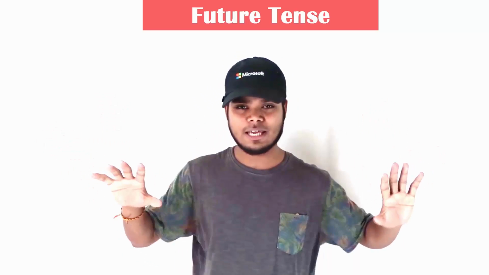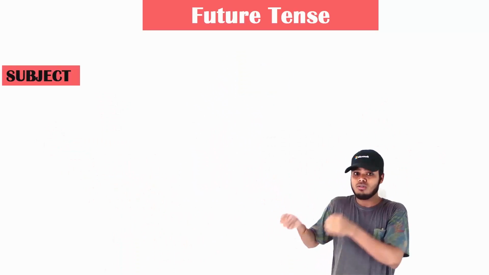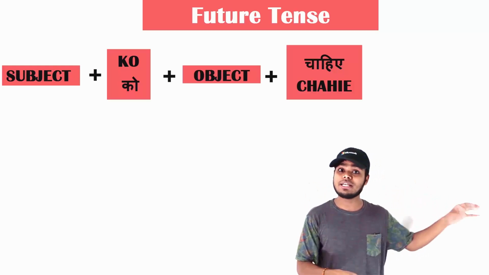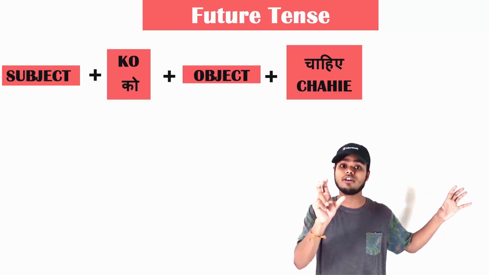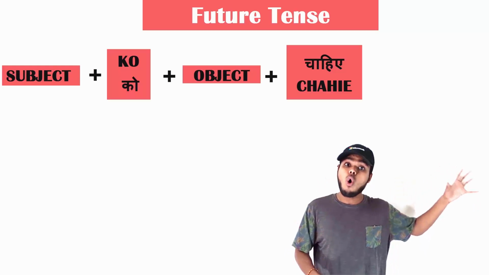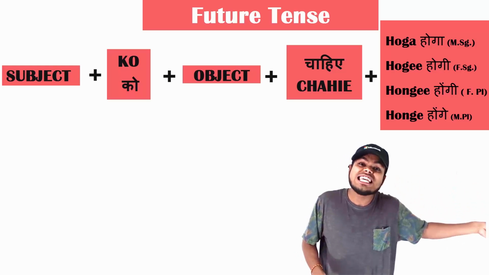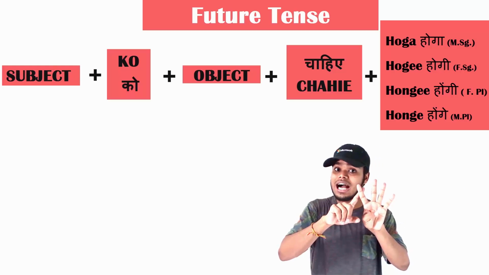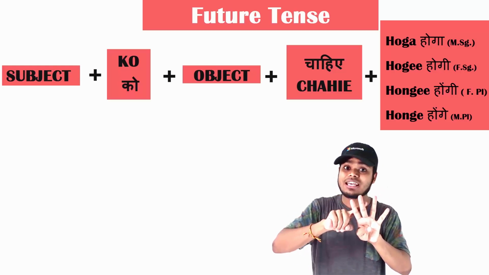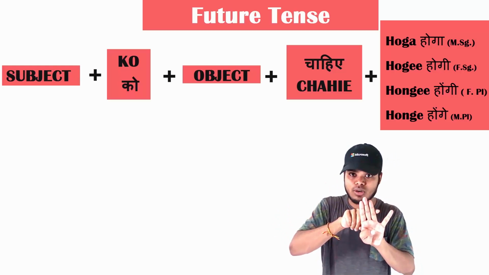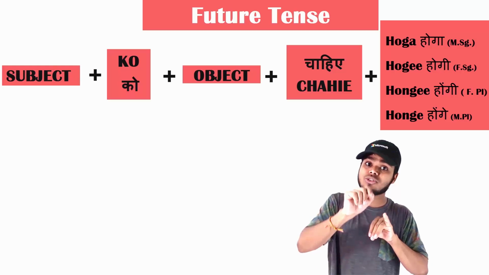And now let's go to the future. So in the future, same structure. Everything will be the same, right? Subject, को, object, and then चाहिए. And now the future thing. What makes the future verbs of होना? The be verb in future, होगा. So it will be होगा, होगी, होंगे, होंगी. Four. Okay? होगा, masculine singular, होगी, feminine singular, होंगी, feminine plural, and होंगे, masculine plural or respectful.